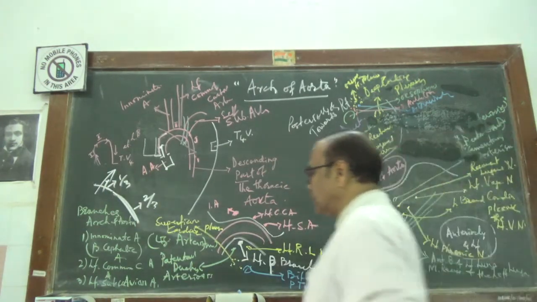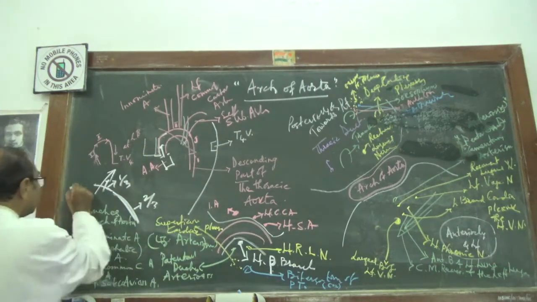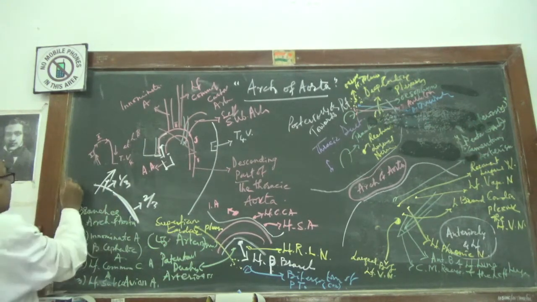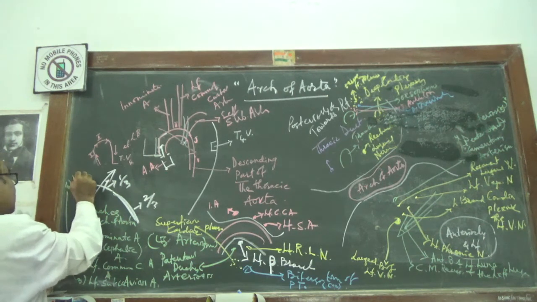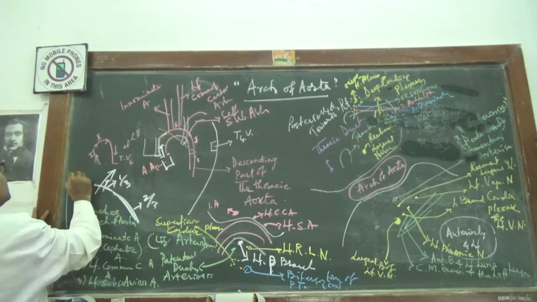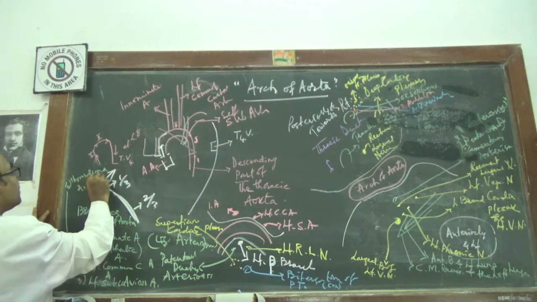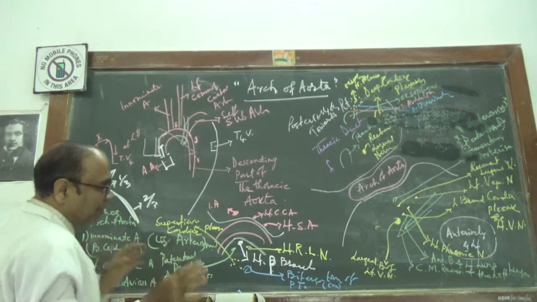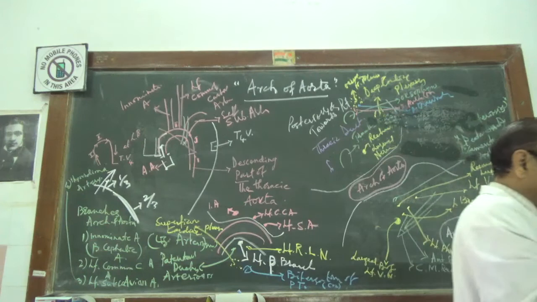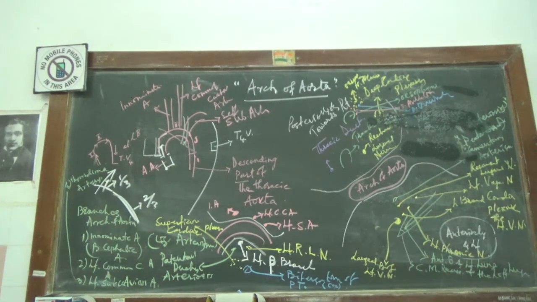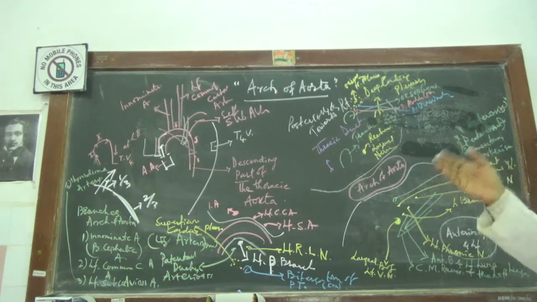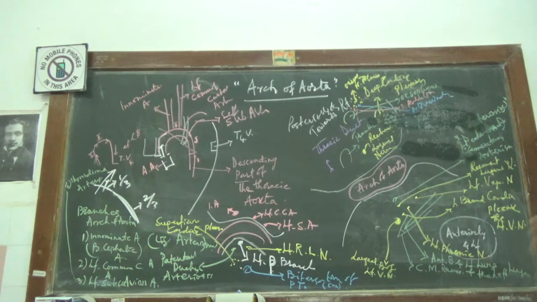One more artery is there, the fourth branch. I will write it here: the thyroidea ima artery. So this is four branches. Actually three, and one branch is sometimes there, the thyroidea ima artery. Okay, with this the arch of aorta is finished,